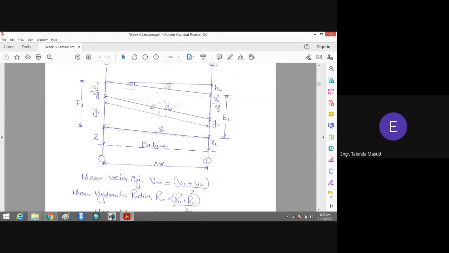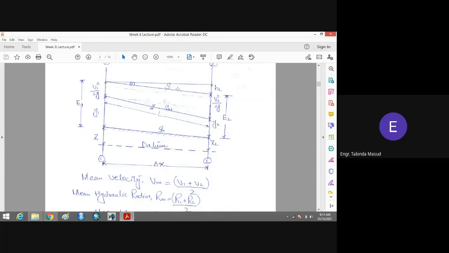But here, since this is the case of non-uniform flow, we cannot replace the slope of the energy line by the slope of the channel bed in the Manning equation. This will not be possible. We have to calculate the slope of the channel bed and the slope of the energy line separately. Practically, the slope of the channel bed is quite easy, because it is a geometric property of the open channel; in the field, you can measure it. And how will you find the slope of the energy line? You will find it with the help of the Manning equation.